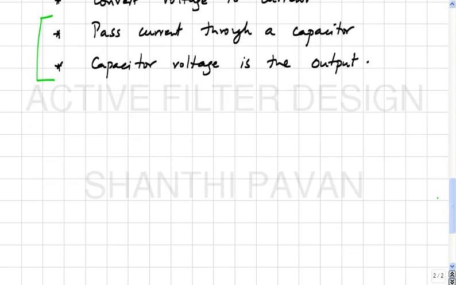Using feedback principles. If I have a current, and I want to generate a voltage which is Z times this current, how will I get V out, which is Z times I in? Okay. So, what we can do is pass this current through